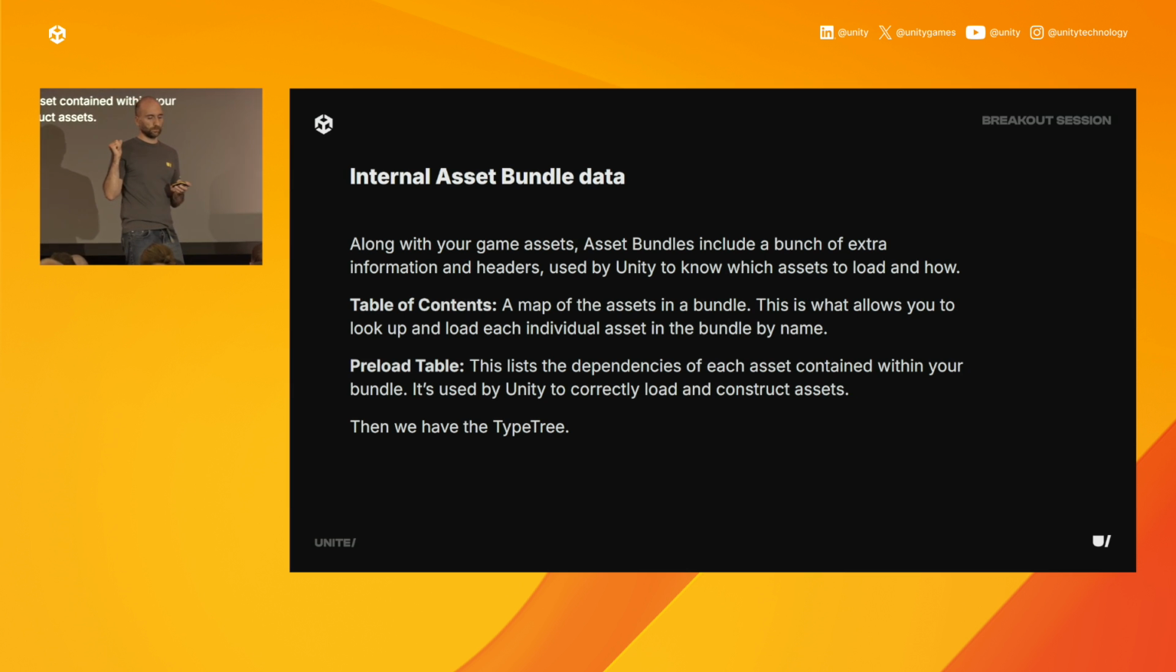You then have the preload table. This lists the dependencies of each asset contained within a bundle, and it's used by Unity to construct the asset. Again, the size in memory for this one is normally not a concern, unless you have very long dependency chains, implicit and explicit, to other asset bundles, then it might become something that you need to look at. And then we have the type tree, which